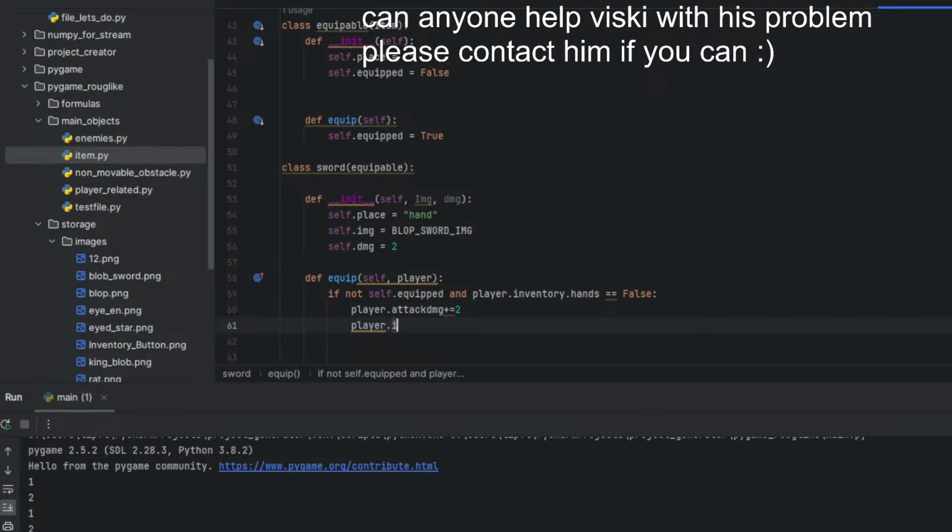Player.inventory.hands equals true. Self.equipped equals false, equals true.